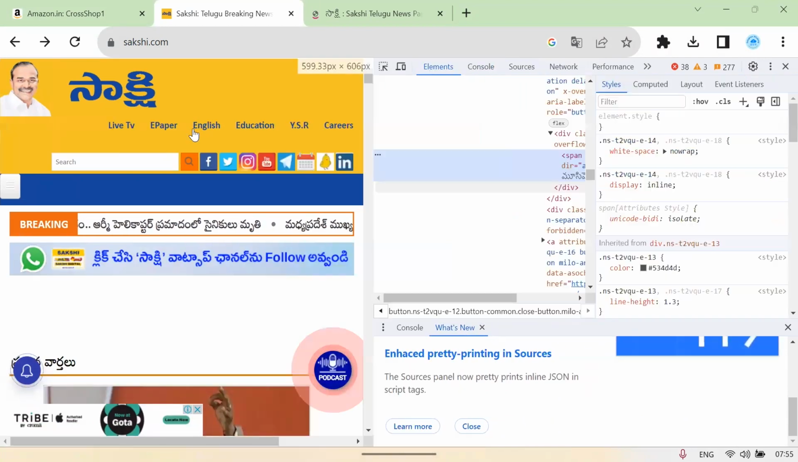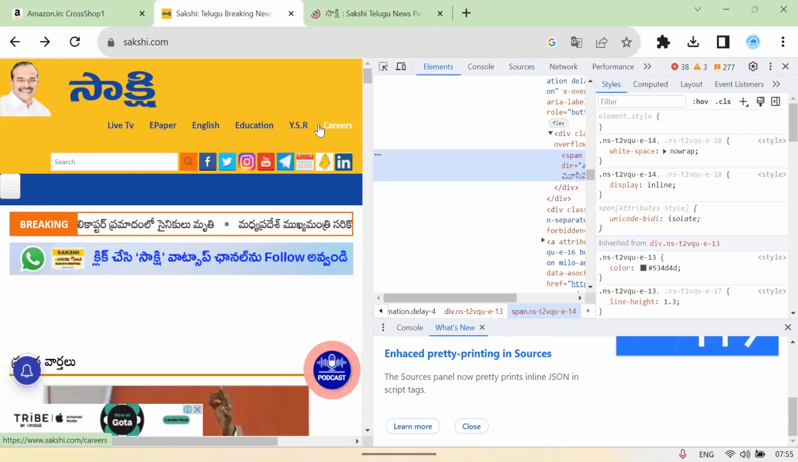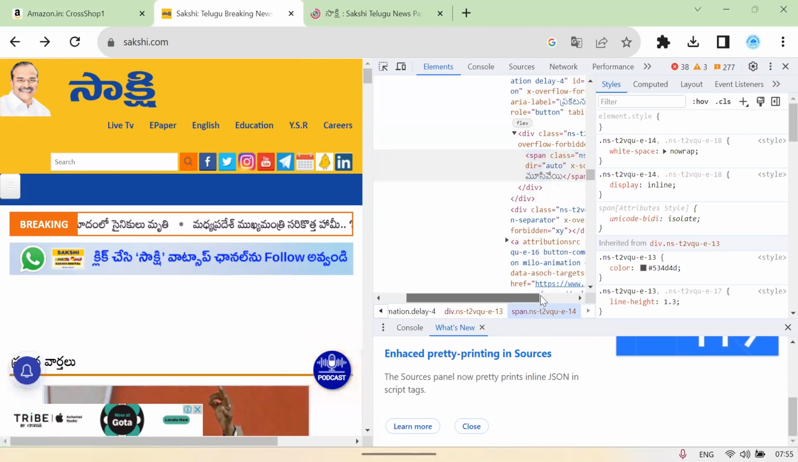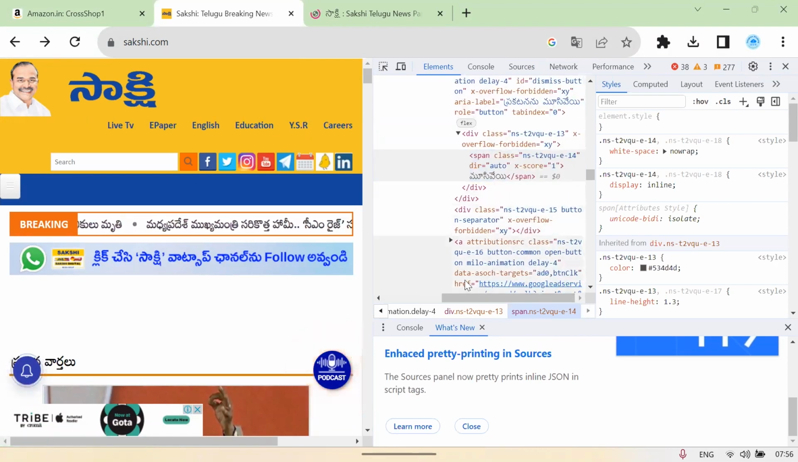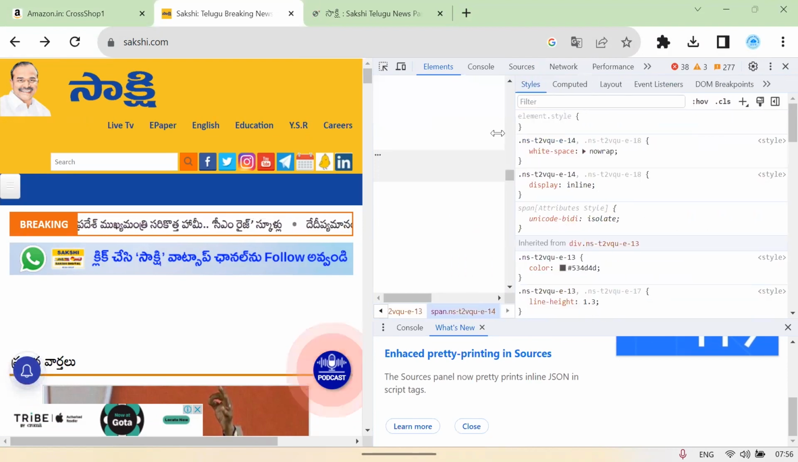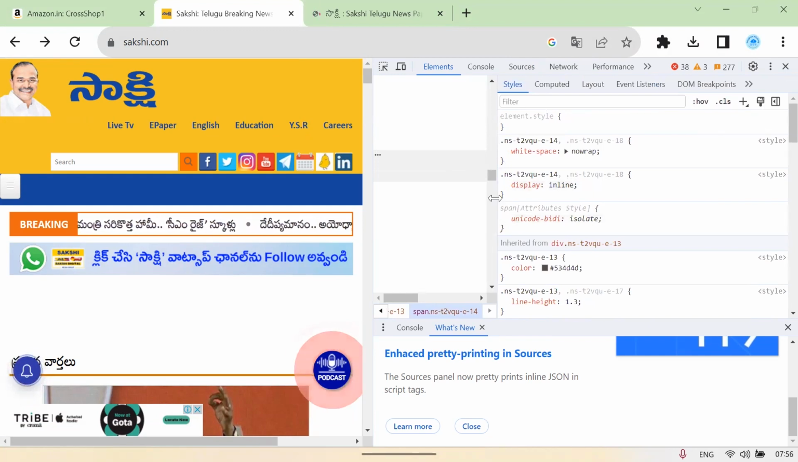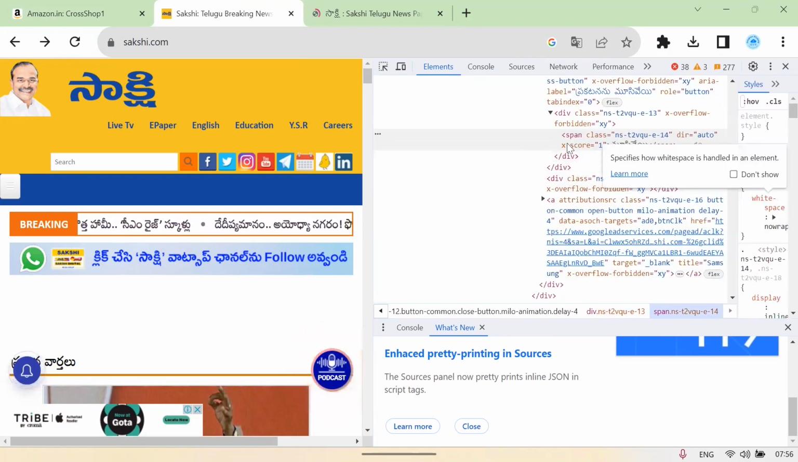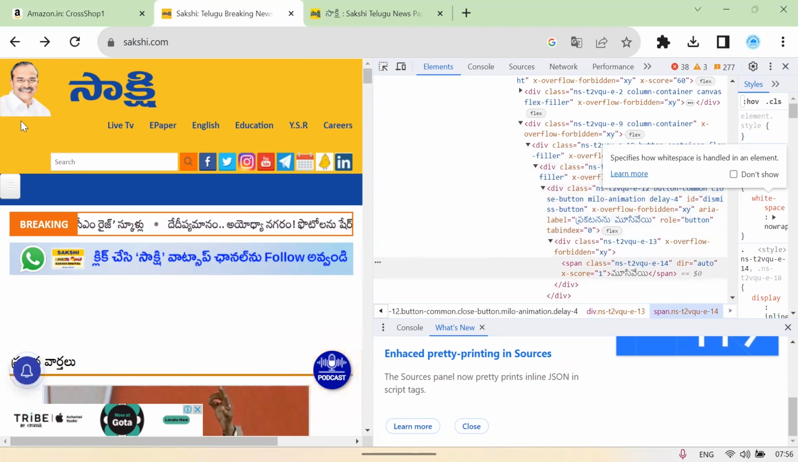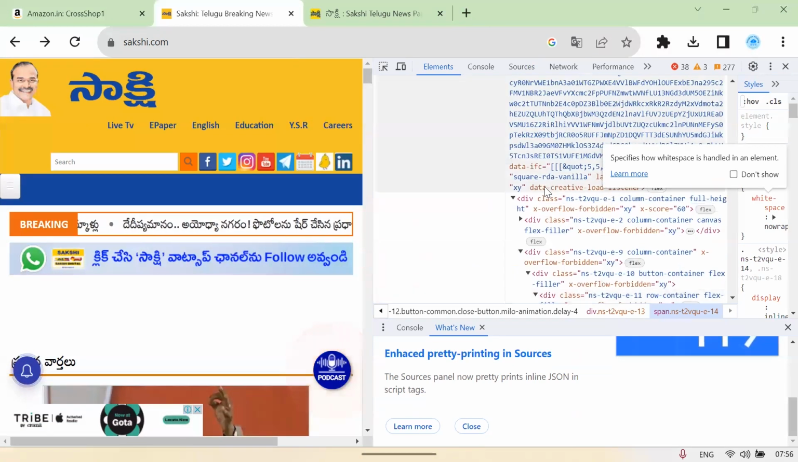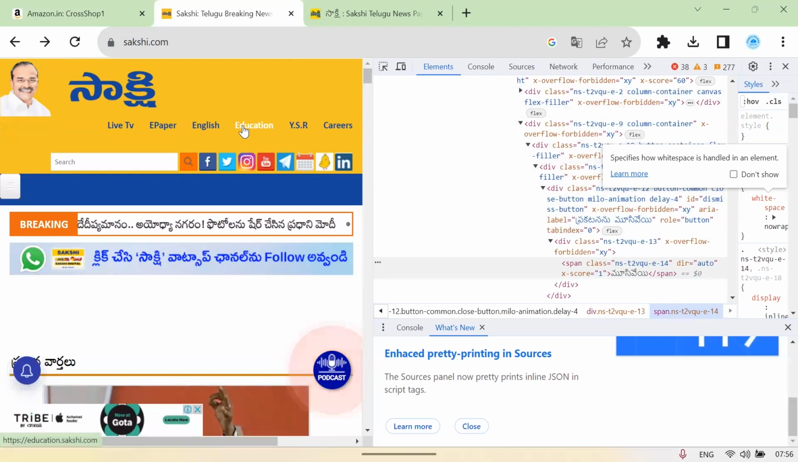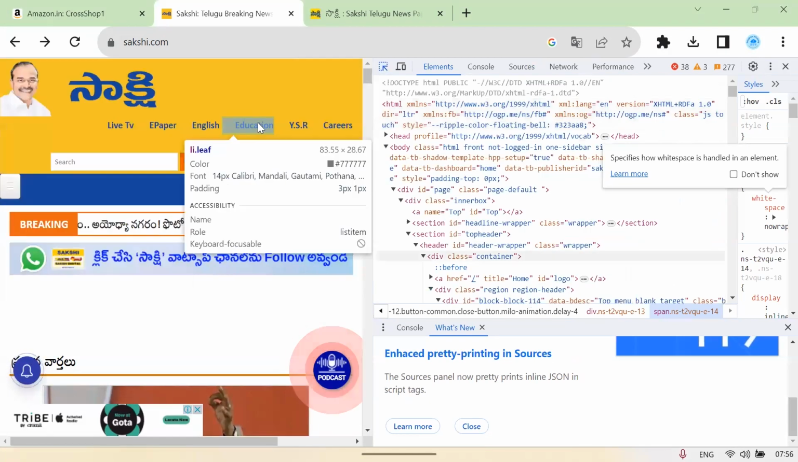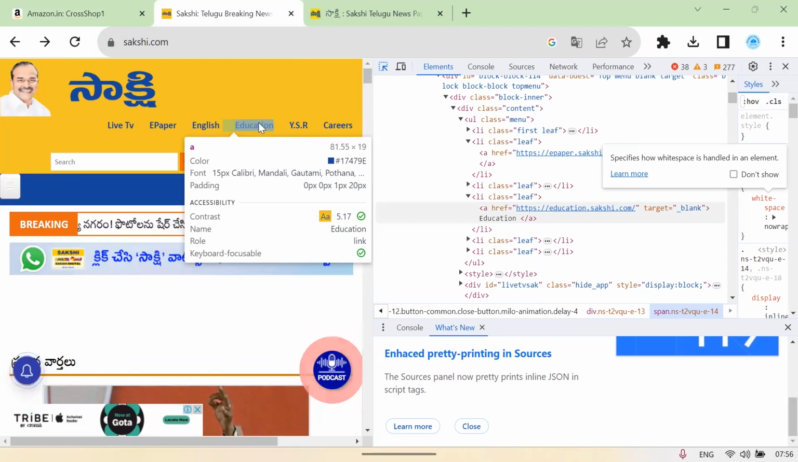Whenever I point to any of these, I'm getting this kind of information. Href, what is href? So like this, you are getting some information here. This is telling the information about your web page. Now if I hover here again, on the left hand side, you see the href equals https